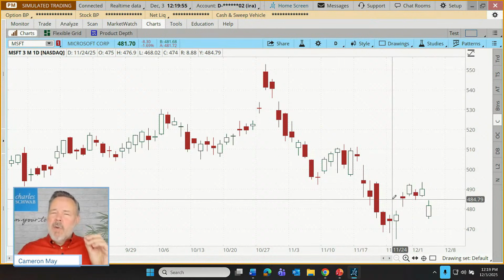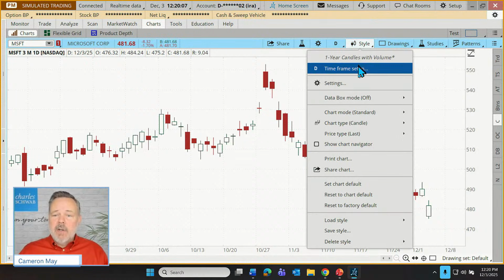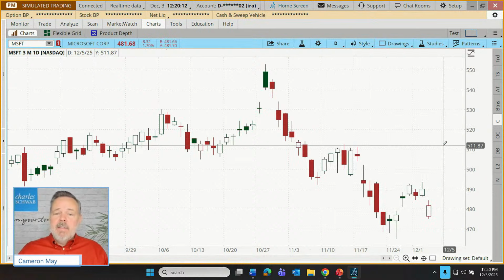I don't think that there have been any enormous surprises yet for most of the people watching, but now we're going to go a little bit deeper, right? We're going to switch to something called a candle trend chart. How many of you are familiar with this? As I switch my chart style, let's choose our type, move that to candle trend. This is now giving us a combination. Our bar chart is colored according to close to close. A candle chart is colored according to open to close behaviors. Now we have a combination of the two.